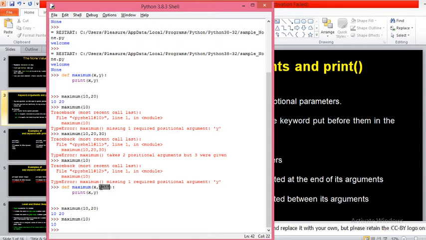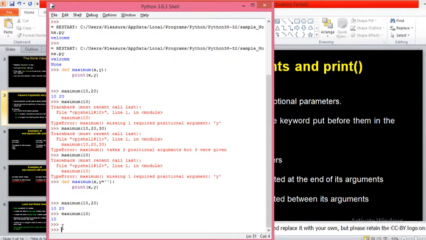So if you use the keyword argument in the function definition, then for that parameter you may or may not give a value. It will work. If you give the value, it will take the given value. If you don't give the value, then by default, whatever value you assign with the assignment operator will be taken. That's why, look here, after 10 there is nothing. That means it is just empty, right?